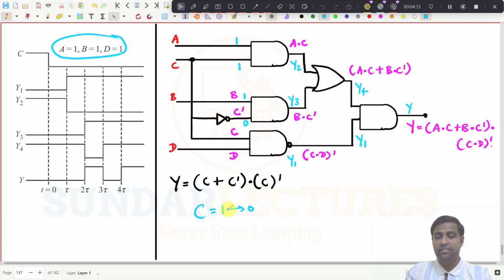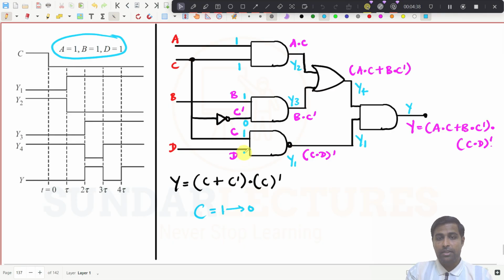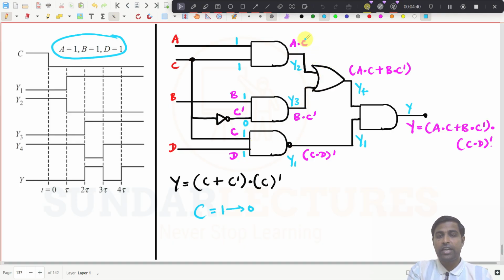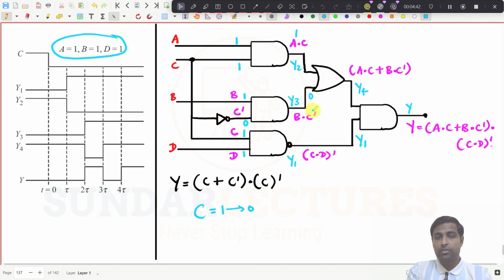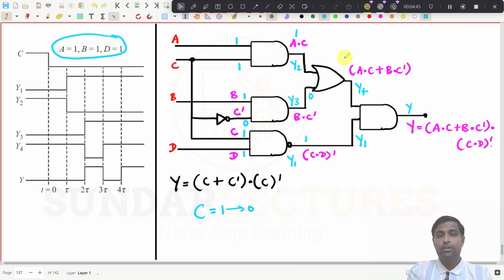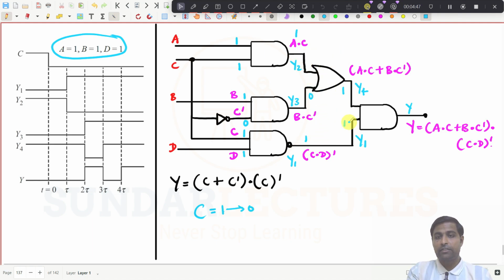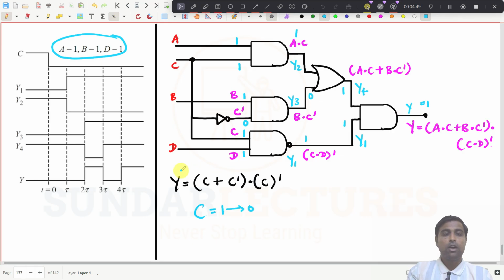I am just considering C is 1, so I am writing the previous condition. So this one is 1, and this one is also 1. So what is the output here? This is 1, this is 0 and this is 1. So this will be 1 and this will be 1. The output will be 1. So the output